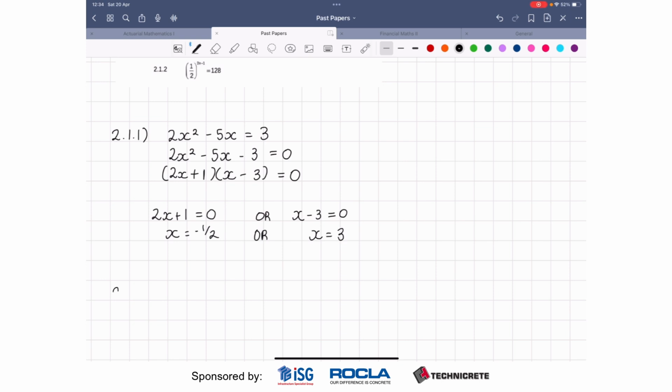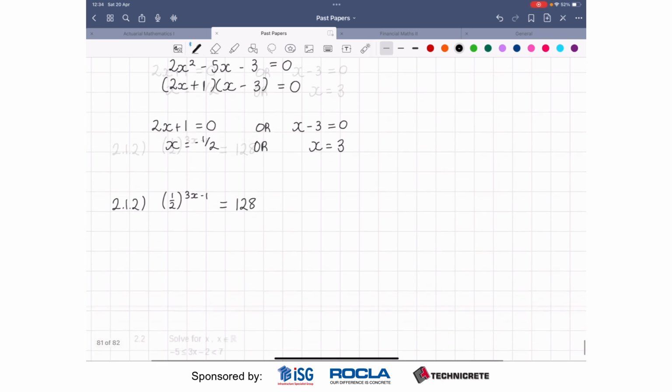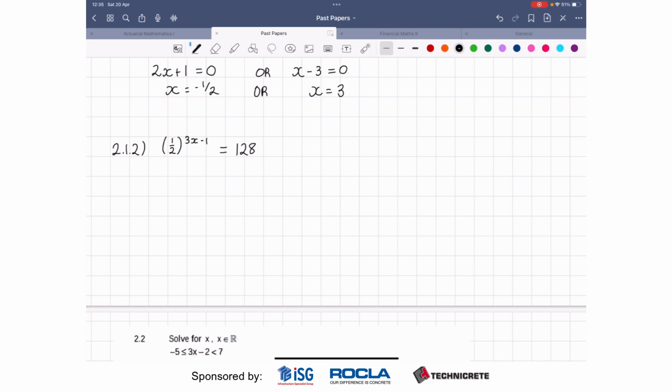And then 2.1.2, we're given this fraction that's raised to an exponent with x in it, equal to 128. So the first thing that I want to do on the left-hand side is get rid of this fraction. So we know that if I've got 1 over 2 and 2 is in the denominator, that's the same as 2 being raised to the power of negative 1. So I'm going to rewrite this 1 over 2 as 2 to the minus 1, and it's still to the